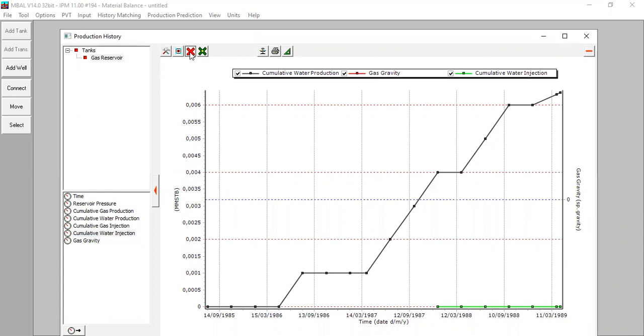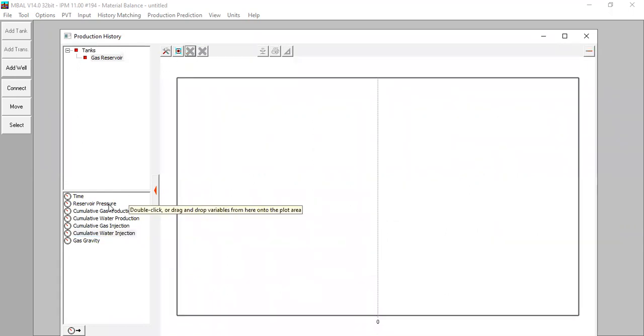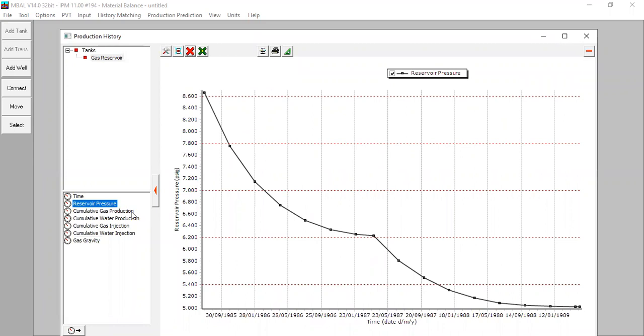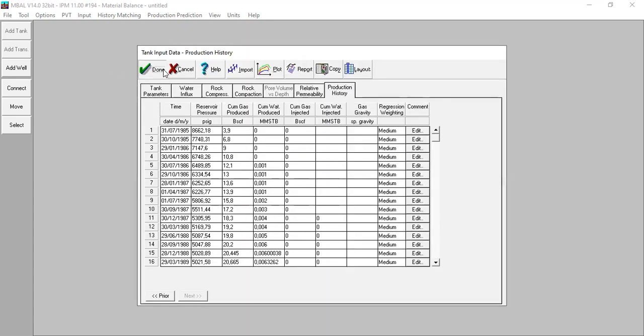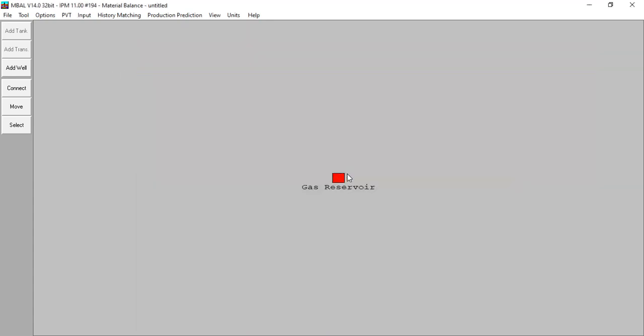So again, remove all, plot the reservoir pressure, plot the cumulative gas production. Okay, so far so good. Now we can close. Click done. So now we already have our gas reservoir model.